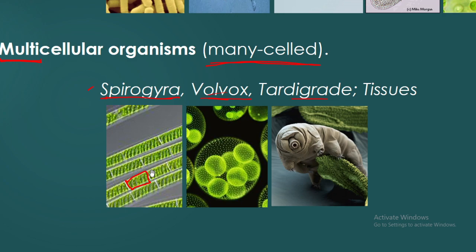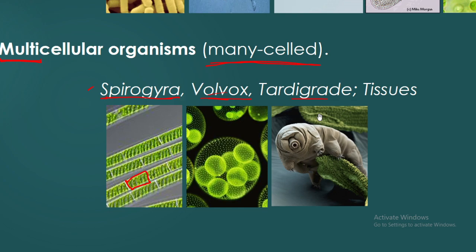Tardigrades are very small animals, they look like they are coming from outer space. It seems like the face has some camera or something. It looks like outer space, but it is a real small animal. It is made up of very few cells. So these are a few examples of organisms with few cells, but they are also multicellular.